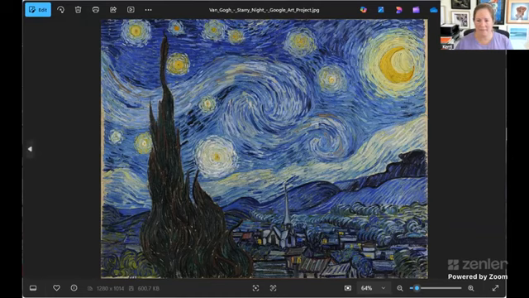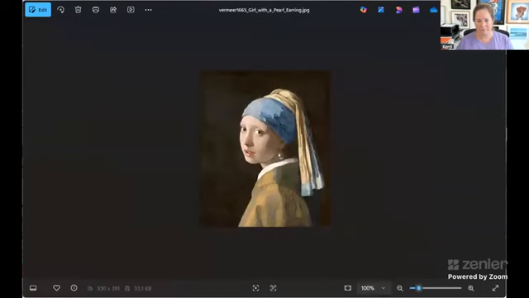And then even Vermeer, who wasn't as dramatic, used cool blues and warm yellows in works like Girl with a Pearl Earring to create balance and serenity. His restrained colour palette set a quiet, contemplative mood.